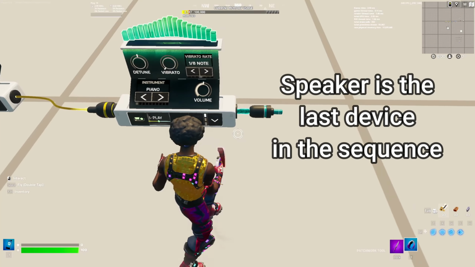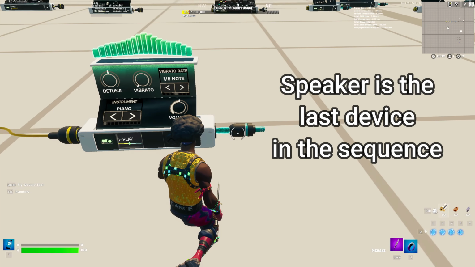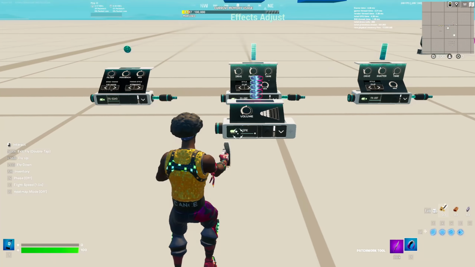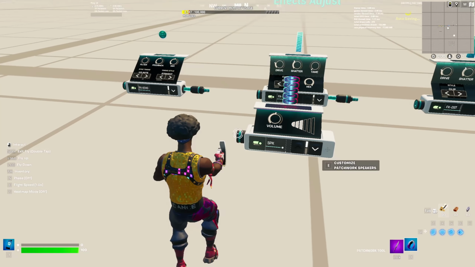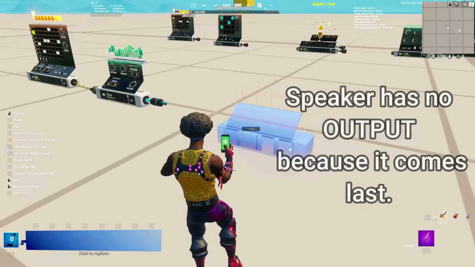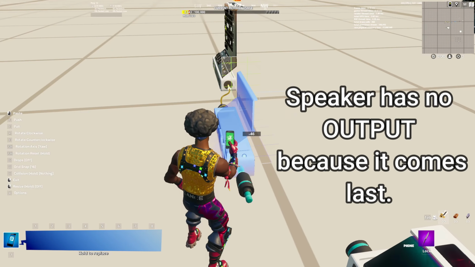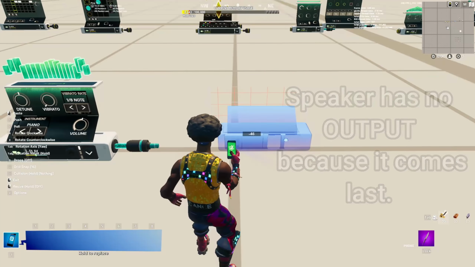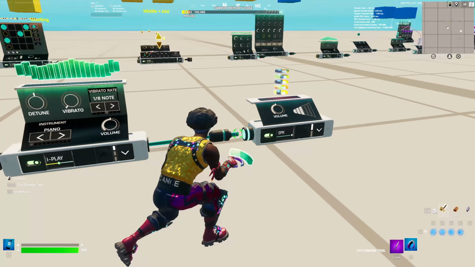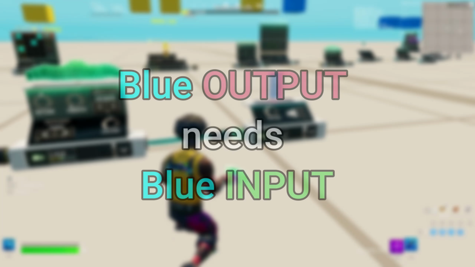So if we look right here, there's a blue output. That means we should look for a blue input. So this is our speaker. Our speaker has a blue input. So we can take the speaker, bring it on over here, and just like this, let's line this up a little. Just like that. You're going to want to take your blue and plug it into here, and you should hear audio.